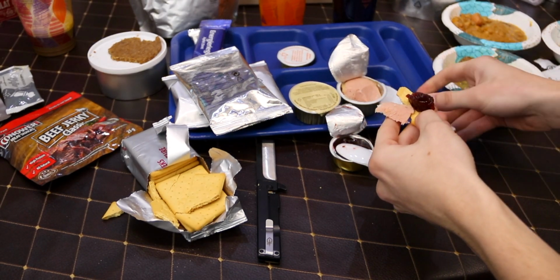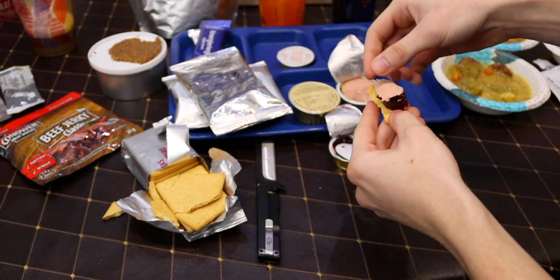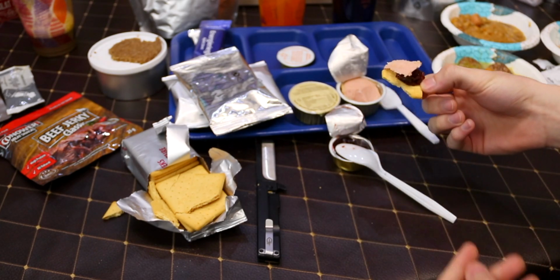I mean, it's definitely a very German thing. Yeah, it's not spreadable, but